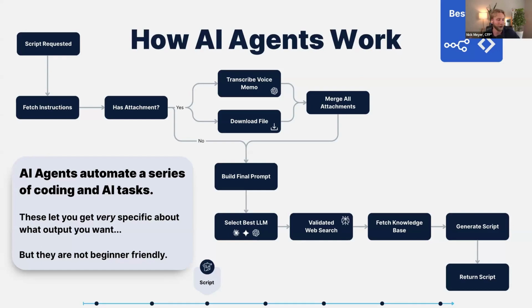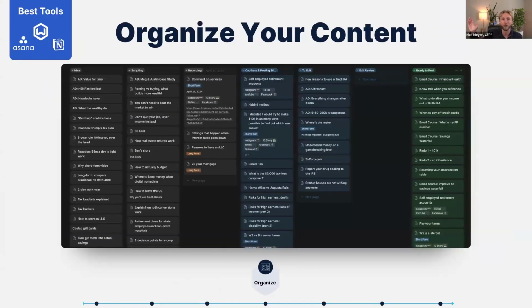You want to make sure whatever you're referencing is correct. So again, not the easiest things to access currently. Spoiler alert, we've built some. We're going to make them available to you, but that's to be covered later on in the presentation. So for now, Nate, how in the world do we go about organizing our content?